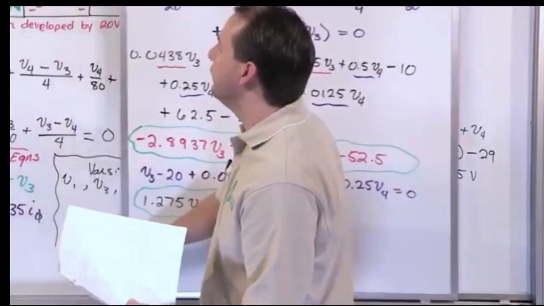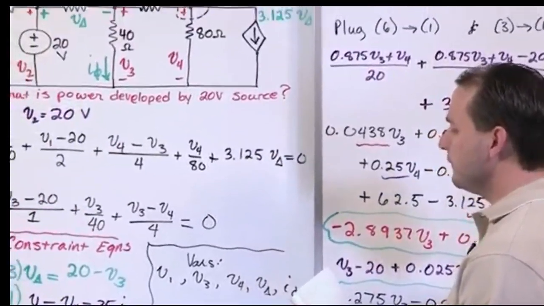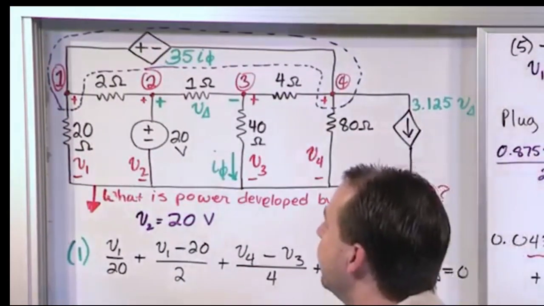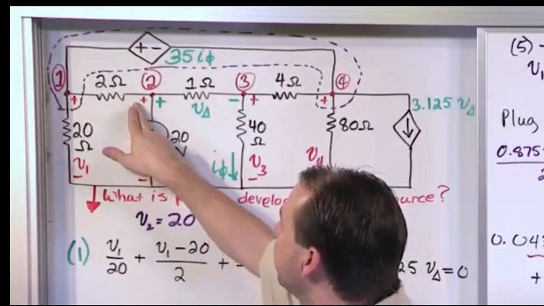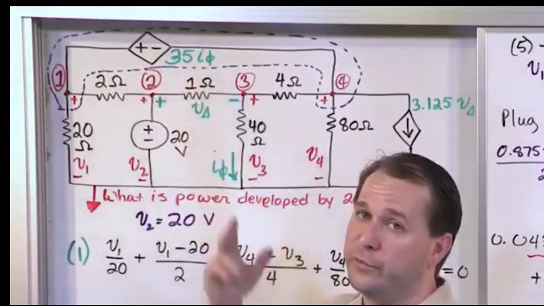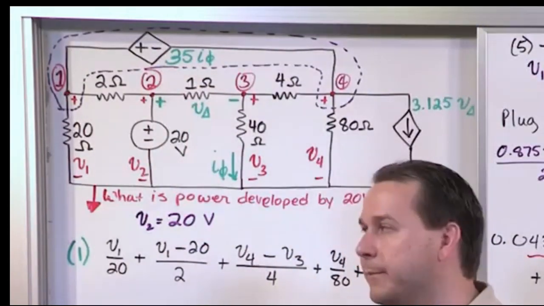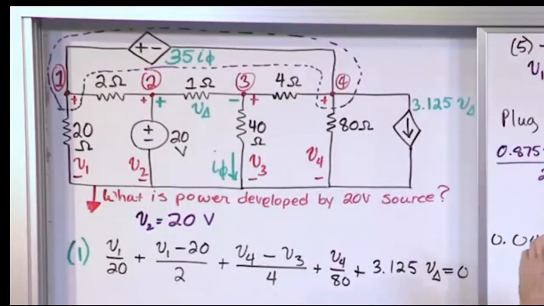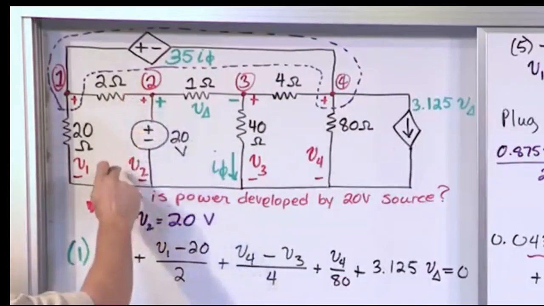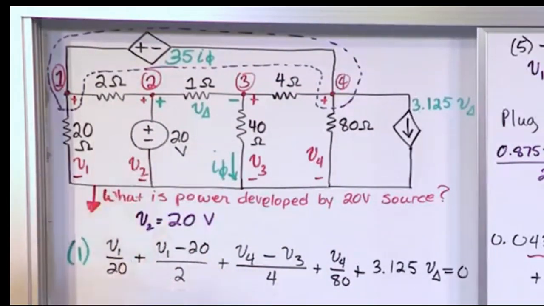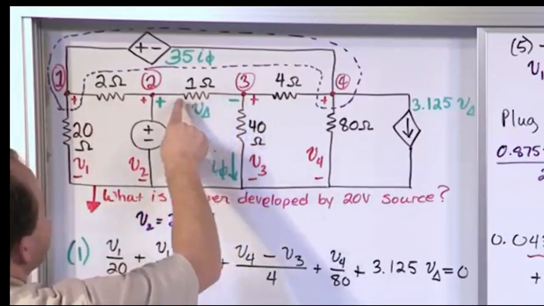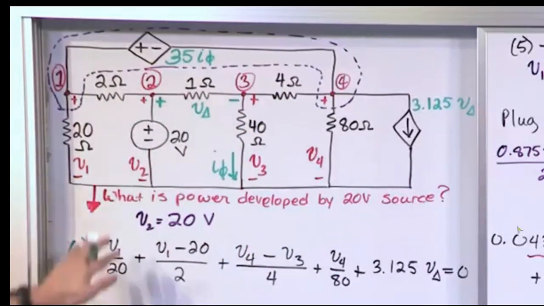So what you really want to do at this point, and I promise we're almost done with this problem, is use the node voltages that we have to calculate the current flowing through this leg, the current flowing out of the source, really. And then once we know the current, we can calculate the power. So how do we do that? You really need to think a little bit. You can't directly calculate the current flowing through this leg by just a quick division. What you need to realize, though, is that because you know the node voltages everywhere, I can easily find the current here, and I can easily find the current through here. So if I can find the current through this